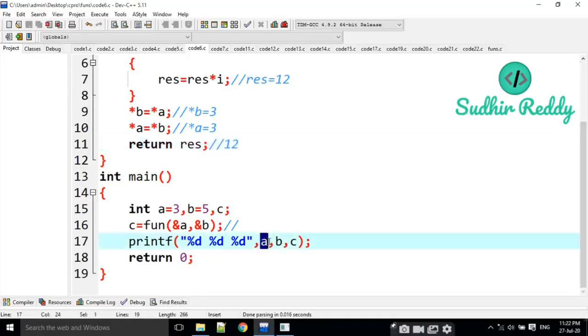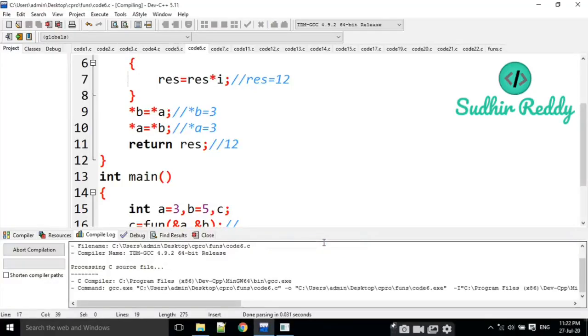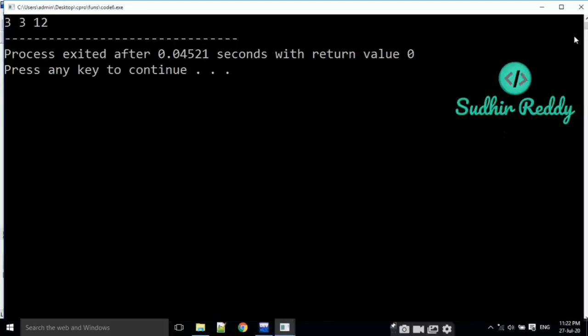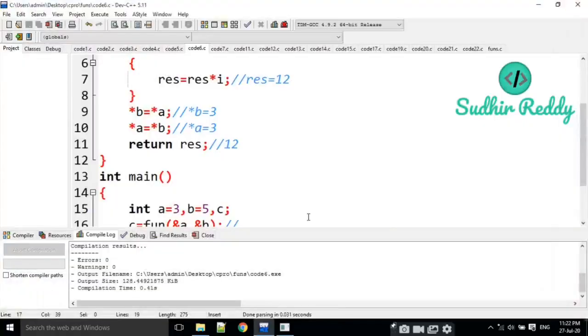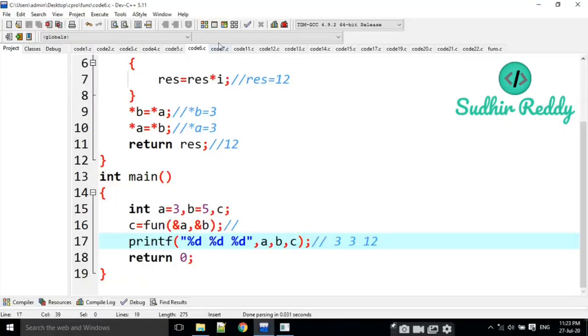A value is 3, B value is also 3, and we are returning 12, that is stored in C. Then it is going to be 3, 3 and 12 is the answer. Next question.